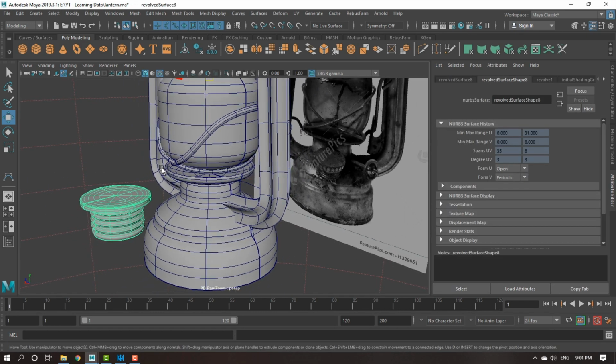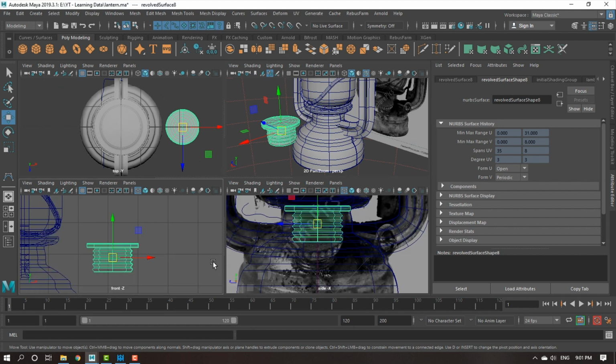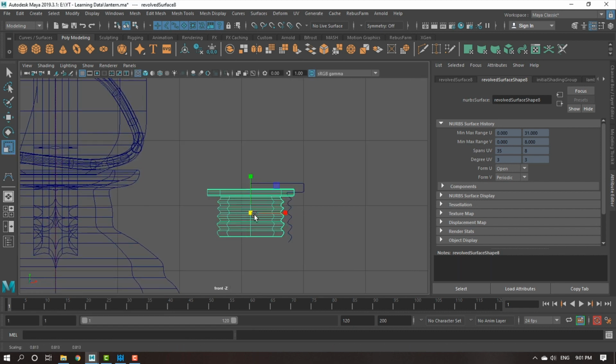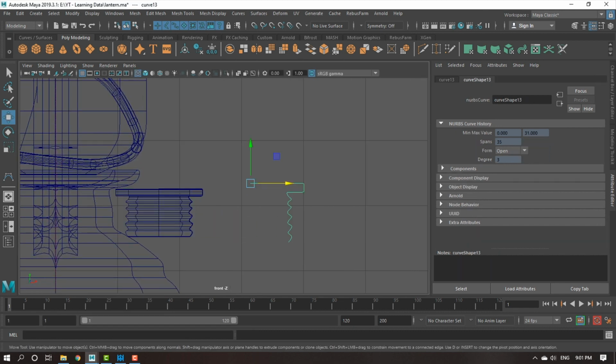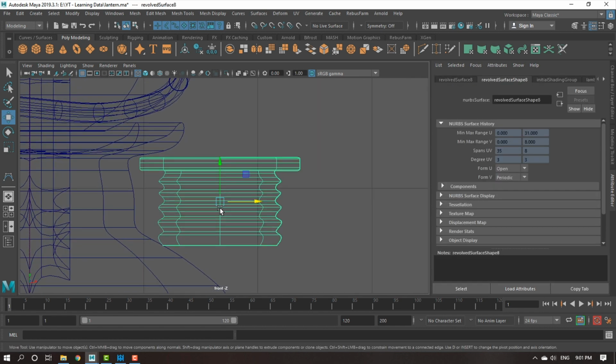So this is done. Now first thing first, we can do the house cleaning. I will just delete the history. Then I'll go to modify, center pivot. Now I have seen many people just directly scale the model. They go here, I will take the curve. I will delete it. I don't need the curve. Now I will go back to the model.